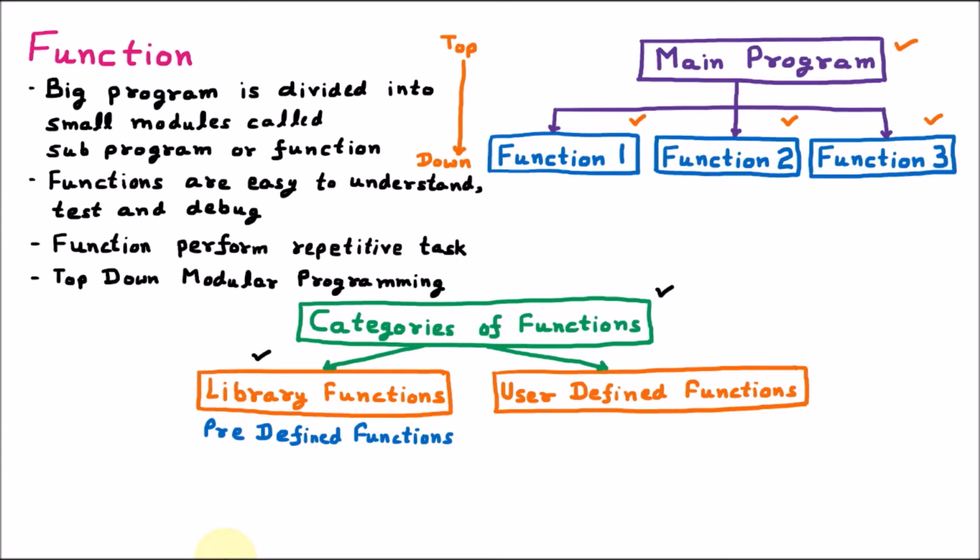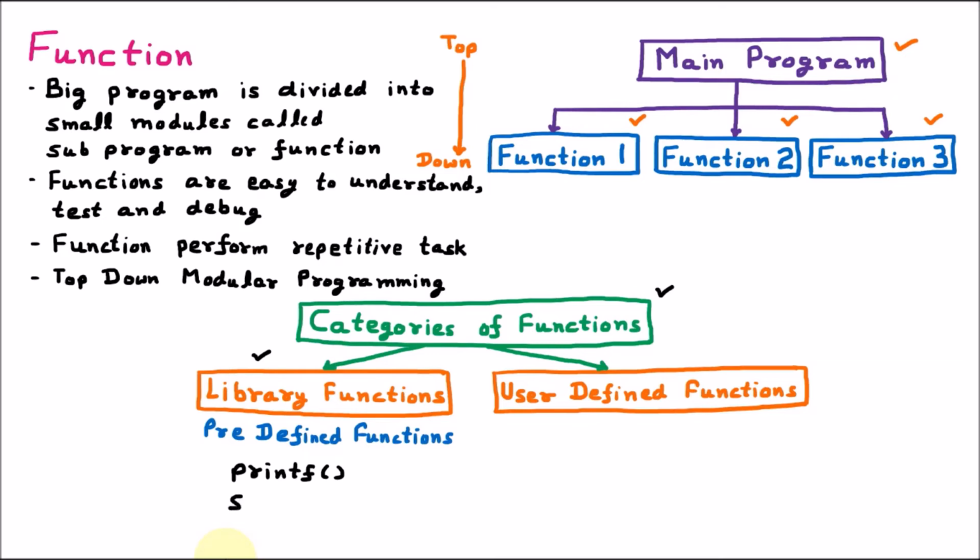Whenever you install your Turbo C or maybe Dev C, or download any C programming compiler, there are some functions which are already inbuilt in C programming. The developer of C already decided some functions that you can use. These are called predefined functions or library functions because the definition is already given. Just like we have printf. Now this printf function is used to print on the screen. So this printf function is already present.